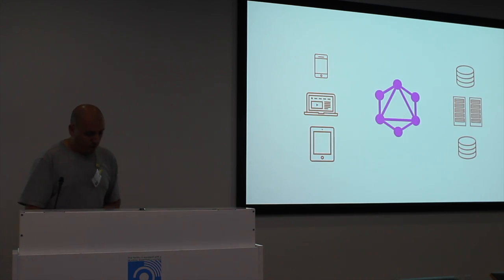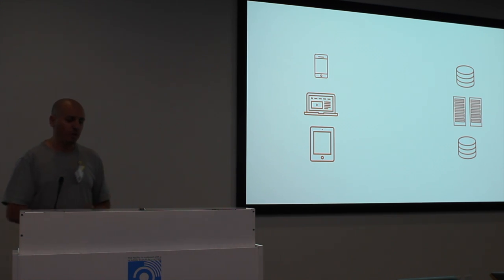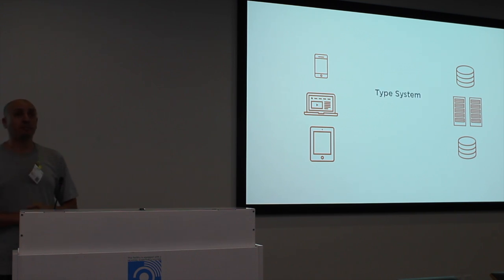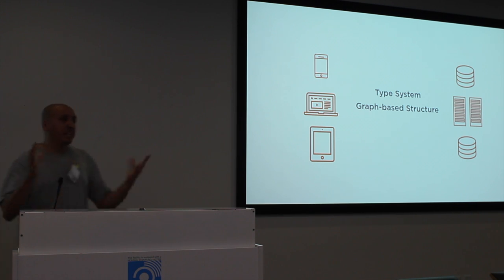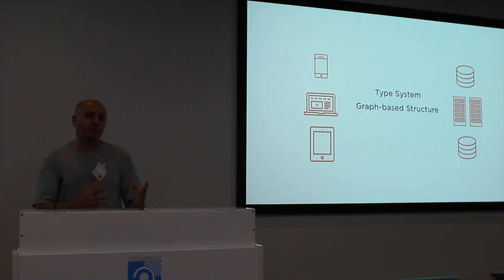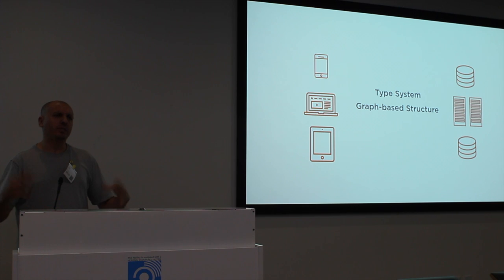OK, so GraphQL has a lot of features, but the most important feature is that it has a type system. GraphQL is strongly typed, and this is baked into the design of GraphQL. And this type system allows for features like introspective API and cool things that I'm going to try to mention. But the biggest thing about GraphQL is that it speaks to the data as a graph, and your data is a graph. If you want to represent your data in a data structure, it's a graph. So the GraphQL runtime allows us to represent this actual graph of data with a graph of API.